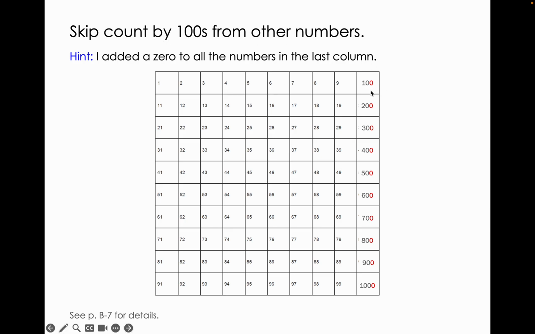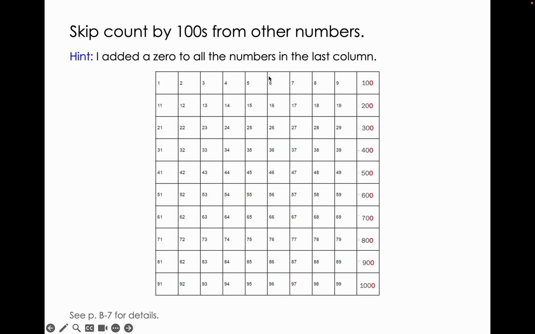I added a 0 to all the numbers in the last column. So instead of 10, this is now 100. Instead of 20, this is now 200. And if I was using that column, I would say 100, 200, 300, 400, 500, 600, 700, 800, 900, 1,000, counting up by hundreds. Okay, but what if I started here at 5,